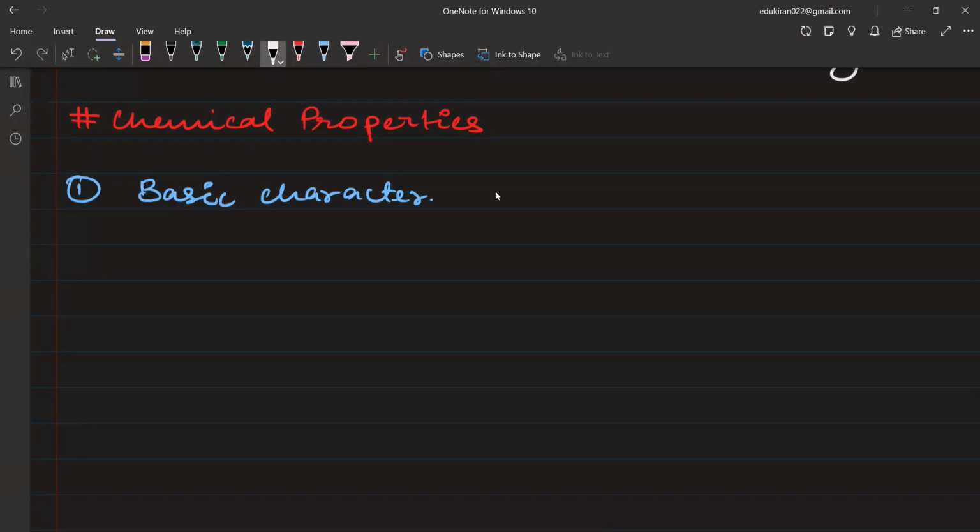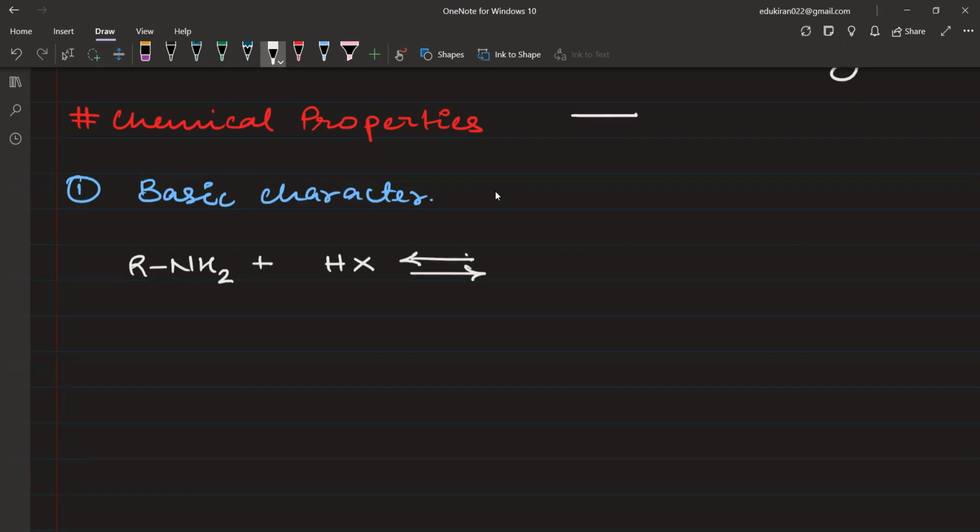In basic character, if I talk about the chemical reactions, then if you react any amine with a mineral acid, for example HCl, HBr, in this case you can have any hydrogen halide, HX, then it is going to form